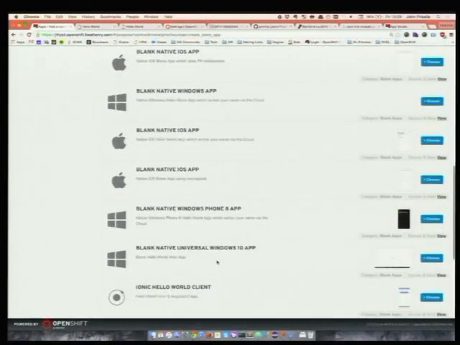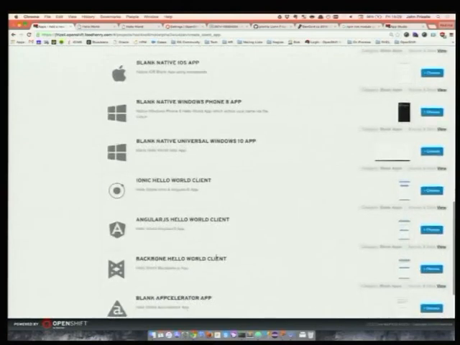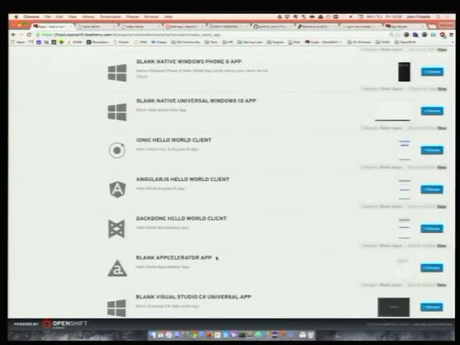There should be native iOS using CocoaPods as well, and then some templates using some of the popular HTML frameworks like Ionic, Angular, and Backbone. So there's quite a selection of getting started templates that cover pretty much all of the bases.